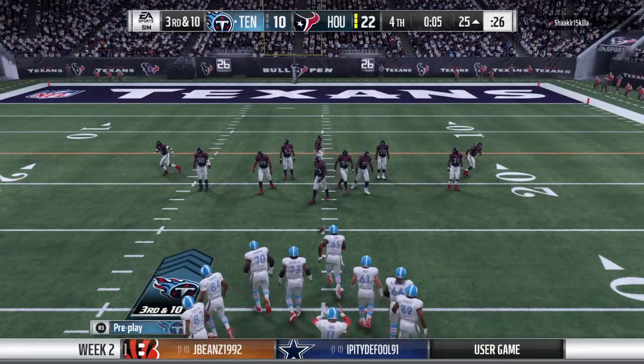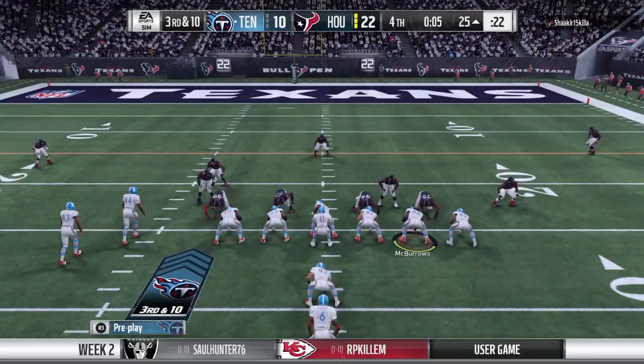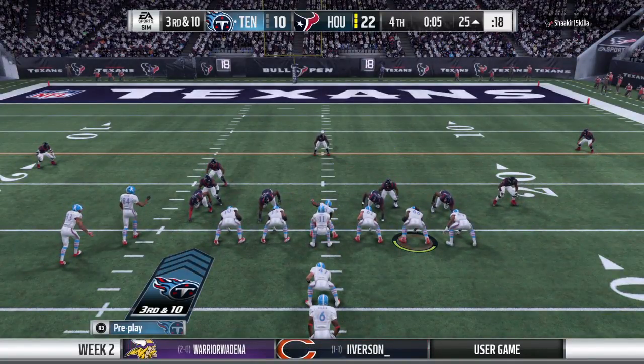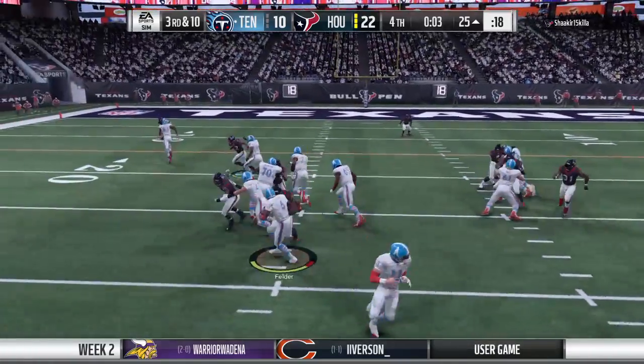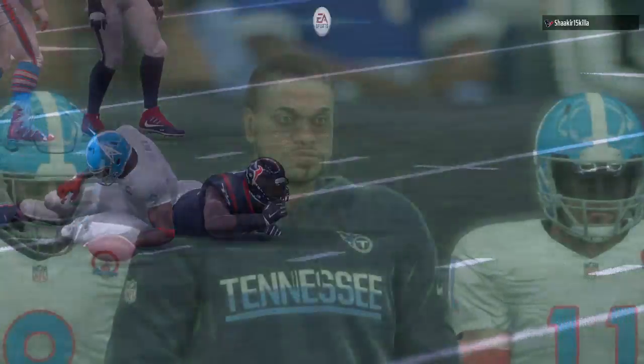The Titans on 3rd down. They've only converted once in 4 tries. This is 3rd and 10. Now a carry here for their fullback. And trying to push forward, but he is going to be...